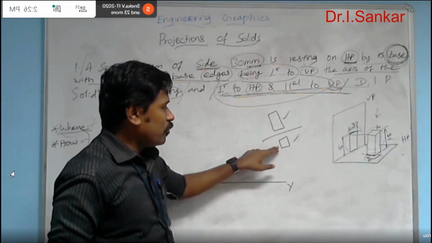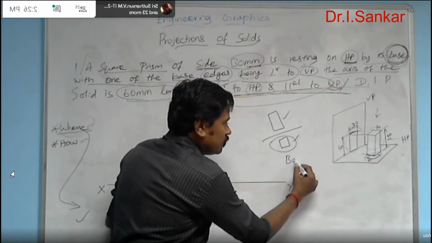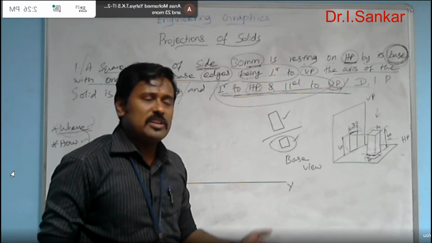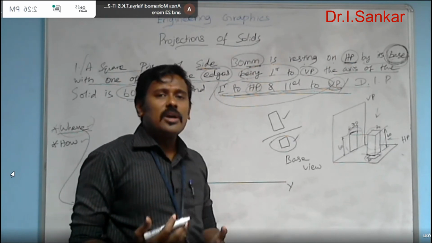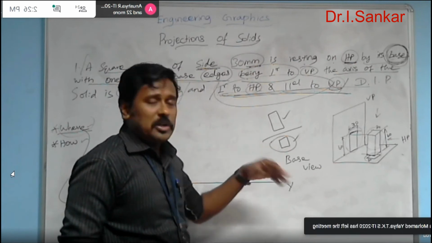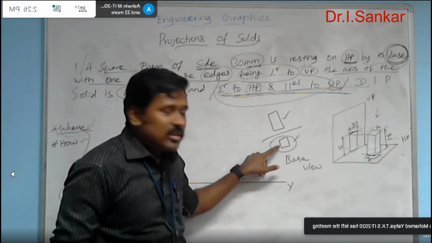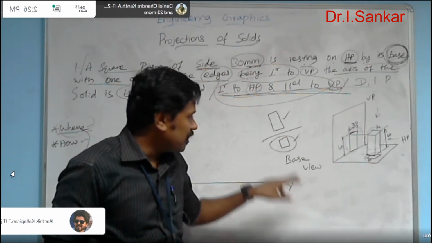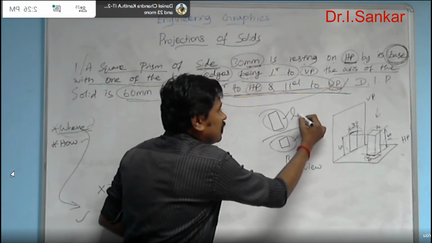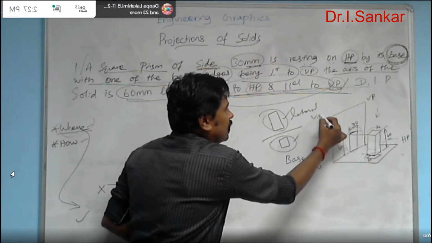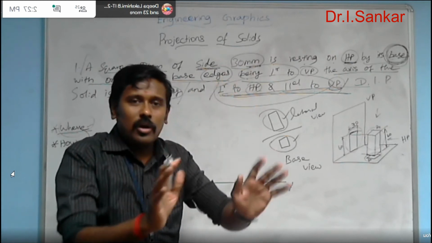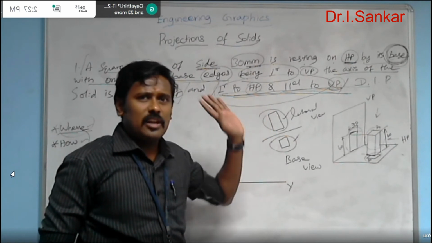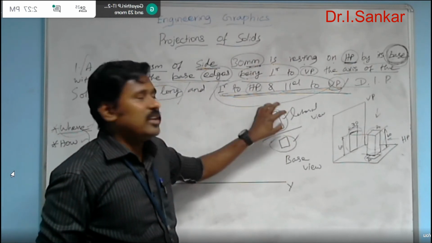Among these two, this is nothing but the base view of the solid, irrespective of the type of the solid, whether it is a pyramid or prism or solid of revolution like cylinder or cone, whatever it may be. The view which is showing you the actual base of the solid is the base view, and that is the lateral view. The lateral view, which shows the lateral appearance of the object, is the lateral view, irrespective of pyramid, prism, cylinder or cone. So it is base view and it is lateral view.